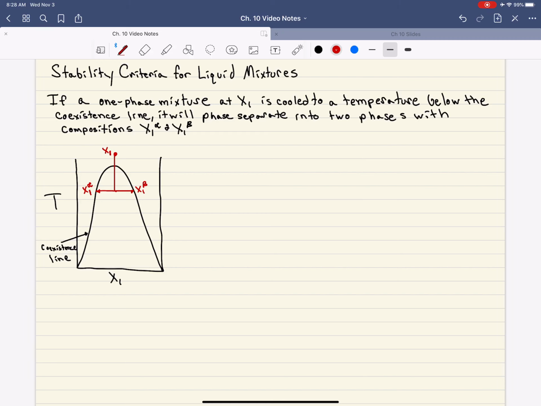We could also do the opposite, right? Let's say that we had a mixture at a very low temperature, where the two species didn't mix well and they phase separated. So we started here. But then let's say we heat the system to a higher temperature that's outside the coexistence line. Once we do that, we would see that the system would then become completely uniform, and we would just have one phase. So equivalently,